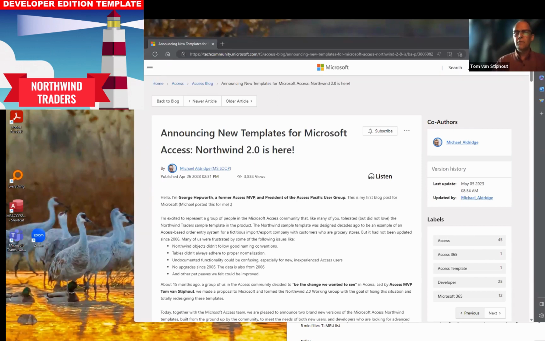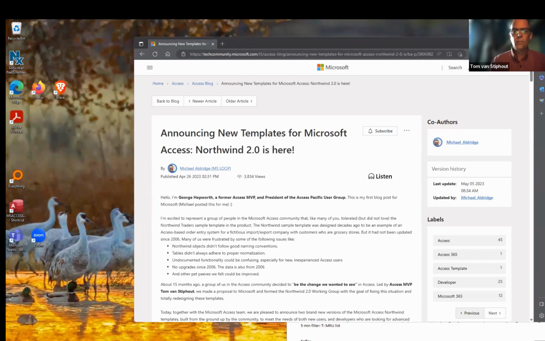Certainly, this version of Northwind templates has been designed from the ground up using best practices as we could discern them and have used them in our own practice. There's a lot of documentation, a lot of inline documentation in the code, and a lot of good database design and forms design, interesting things for you guys to look at. So we want to get started with that